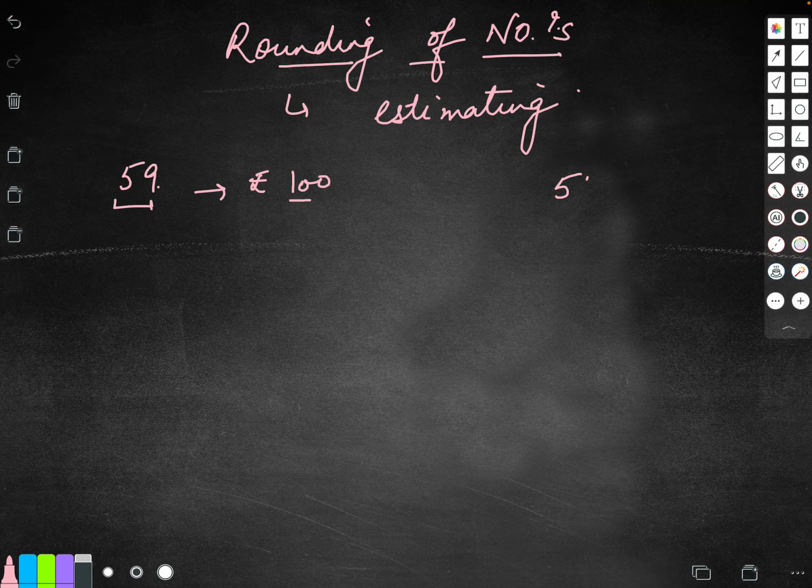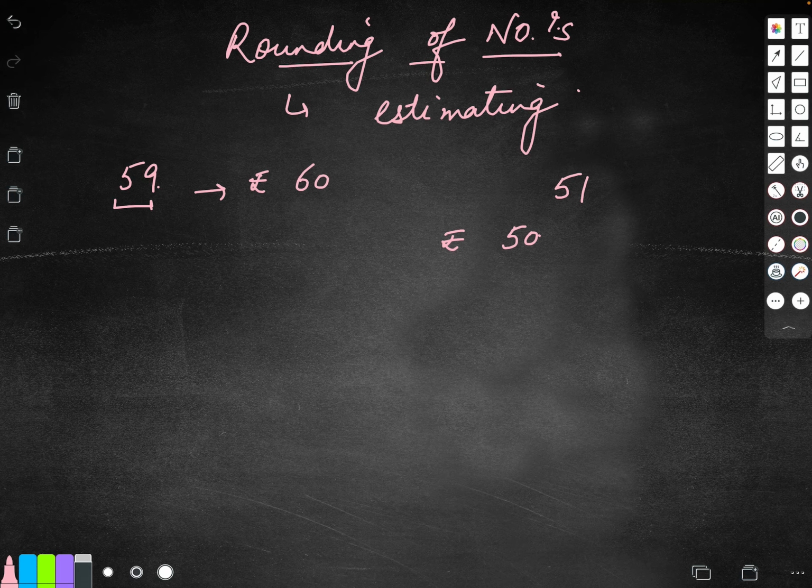Got it? Had it been 51, I would have said to the shopkeeper to please keep 50 rupees. Got it? What I want to say is, if not 100, I can even give the shopkeeper 60 rupees. So the shopkeeper can give me 1 rupee back. Here the shopkeeper can give me a margin of 1 rupee. I can pay him 50 rupees. Right? So rounding, or say estimating, is done to the nearest zero.